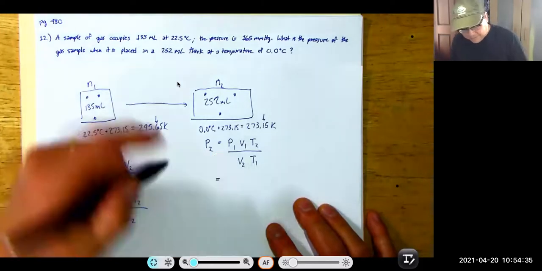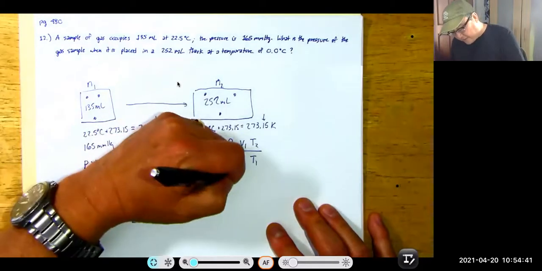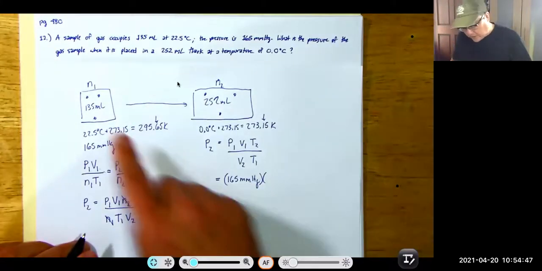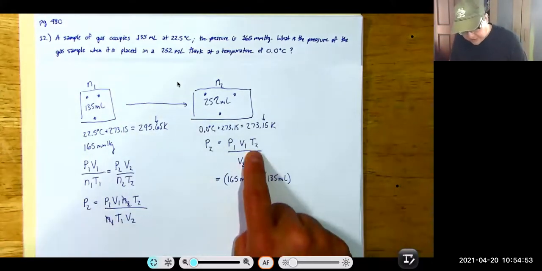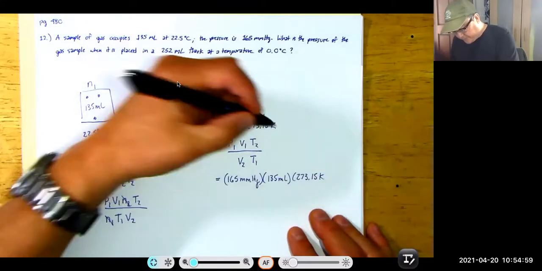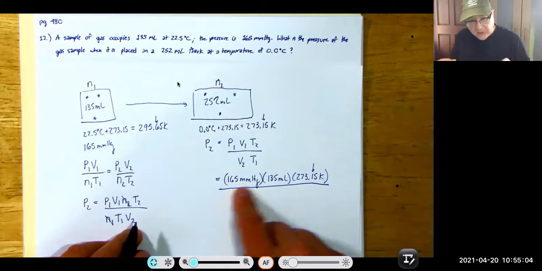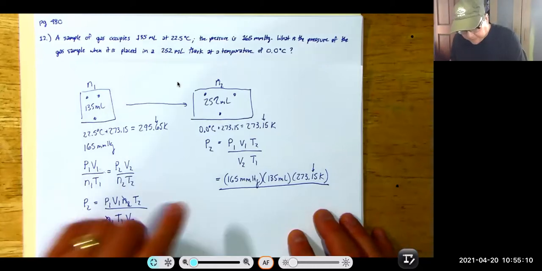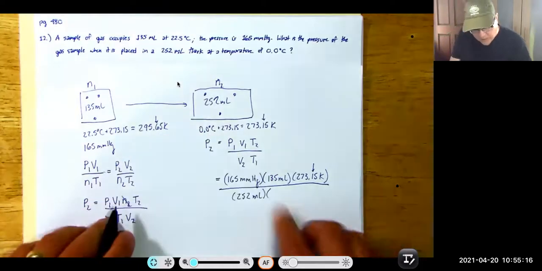So P1 is 165 millimeters of mercury. V1 is 135 milliliters. T2, not 1, T2 is 273.15 K. Now, even though this is good to the 10th, you can see that this has 3 sig figs, this has 3 sig figs, and that's at the moment what is going to define our answer for the number of sig figs. V2 is 252 milliliters, and T1 is